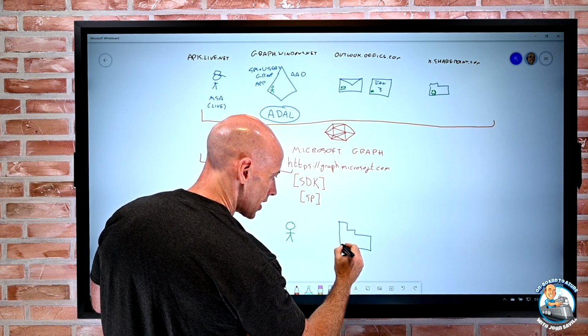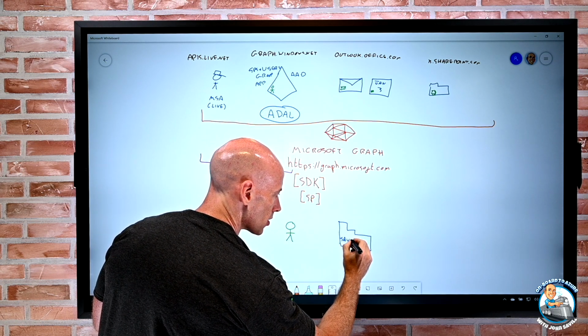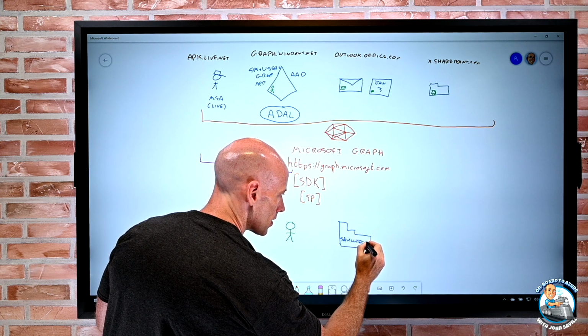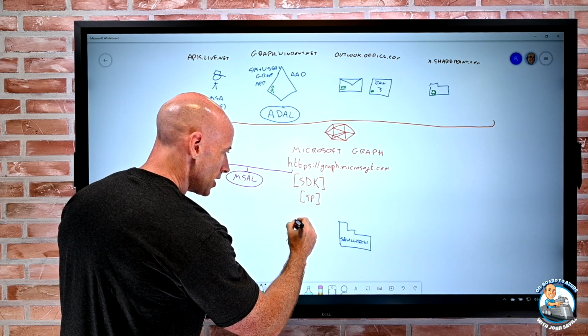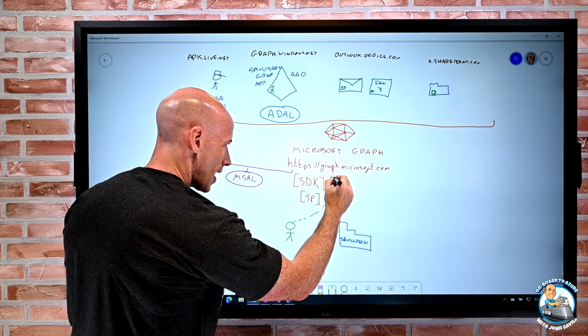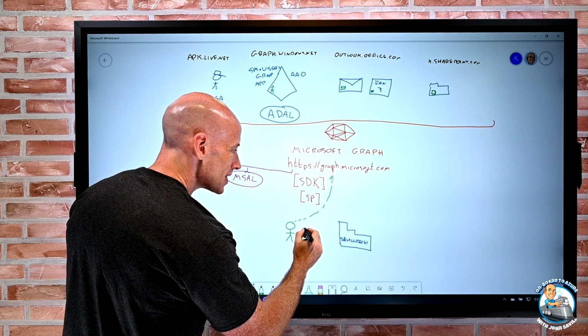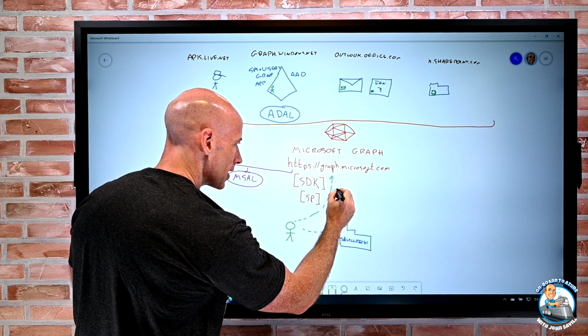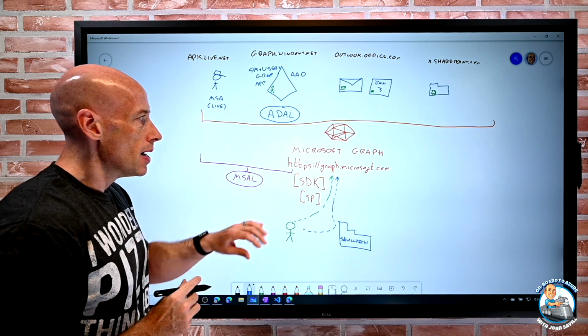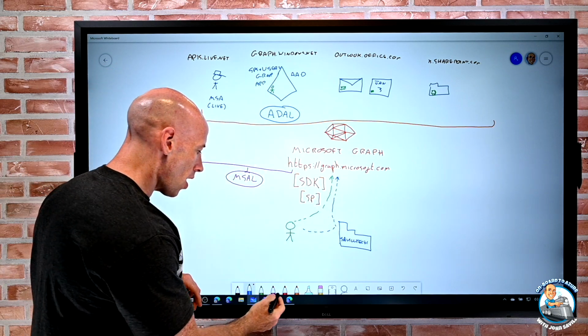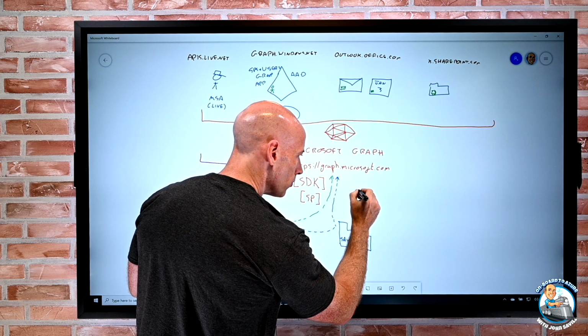So there's acting as me, and then there's thinking about the entire organization. I don't know how to draw an organization, but this could be, for example, Saviltech. So sometimes I'm interacting as me. Sometimes I'm interacting as the organization. And they're two very different things, because everything we're going to see in graph is all about